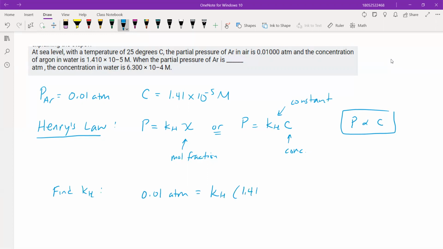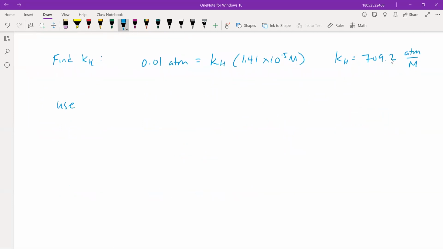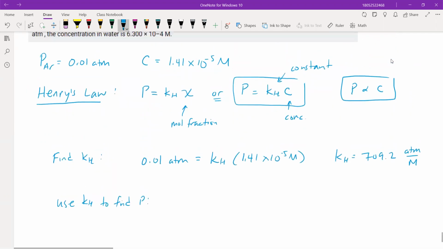So we have the moles per liter, right? I'm just using this one here based on what's given in the problem. And then Kh would be 709.2. If you kept track of the units, it would be atmospheres over molarity, or atmospheres times liters over moles, whatever way you want to write it. Then you could use that to find the pressure in another scenario where